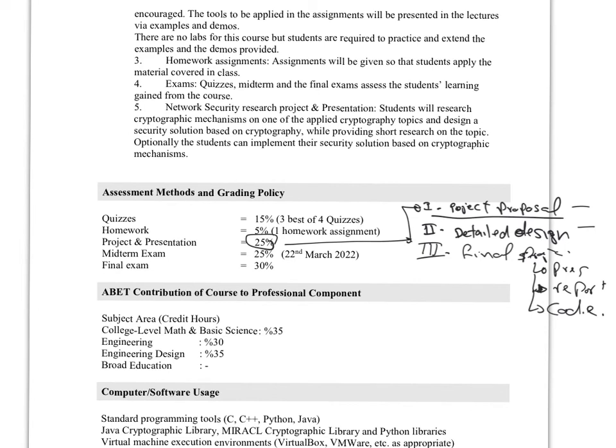So, for example, you can provide some security service for drone-based communication. You have a drone communicating with a base station, and you can provide security services in this type of communication. That's a real implementation. You will have an actual drone, and the drone is mobile, and you will do some measurements